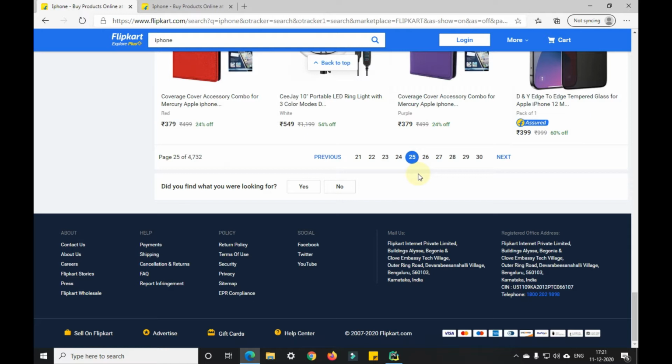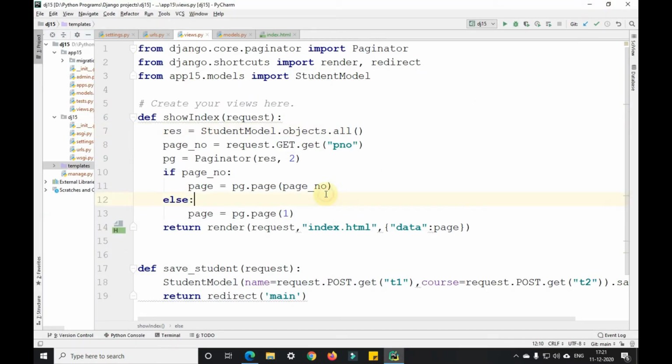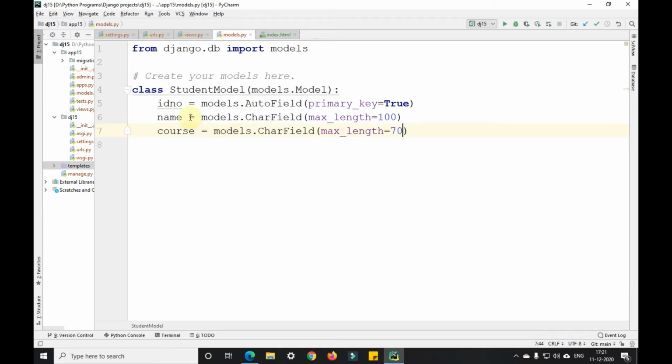So I will show you how to do this page number kind of thing in a Django project now. For that, I have created a model called student model here in the models.py, and I have given the ID number as the auto field, which is by default assigned by Django. Then I have taken the name, where the max length of that name is 100 characters, and the course the student has registered.